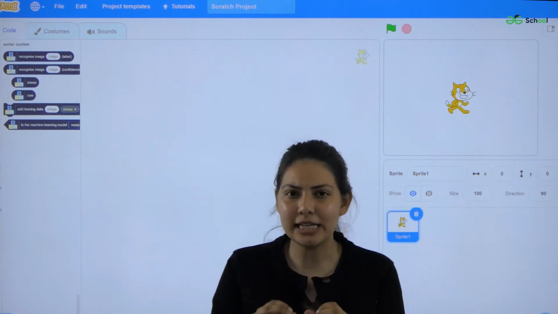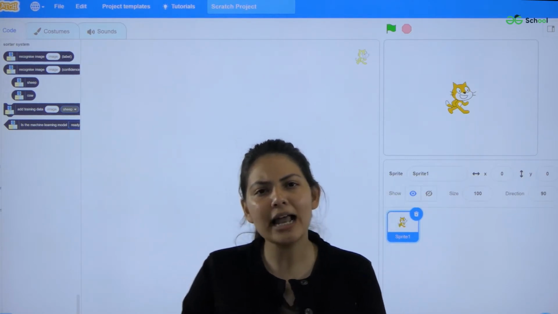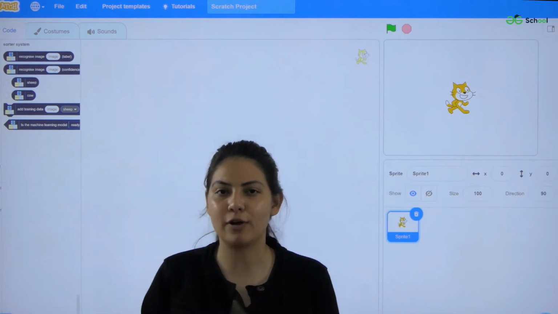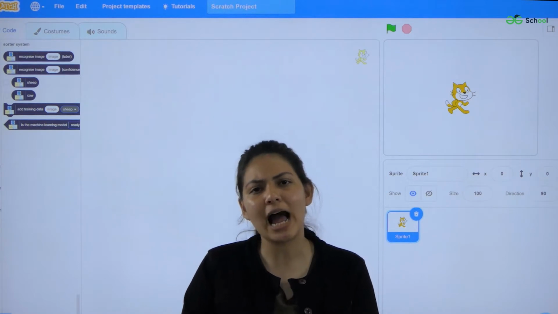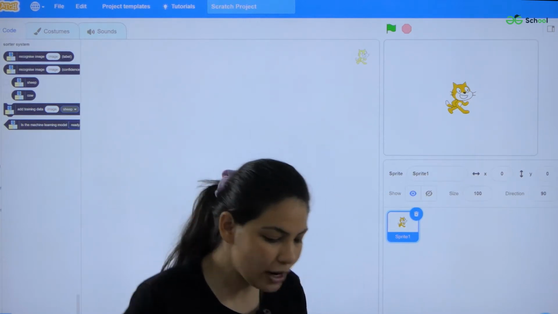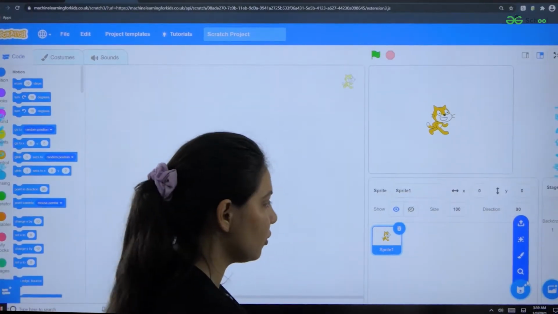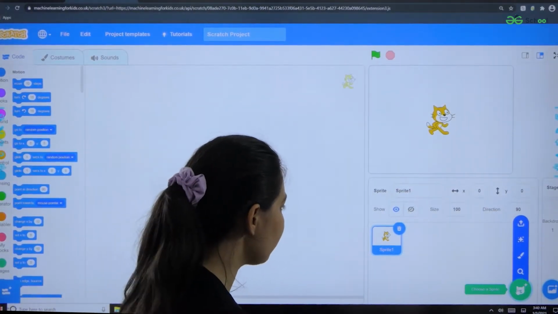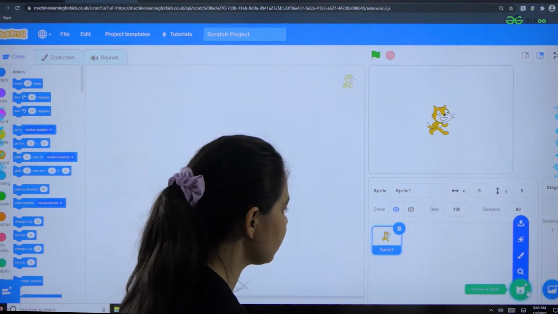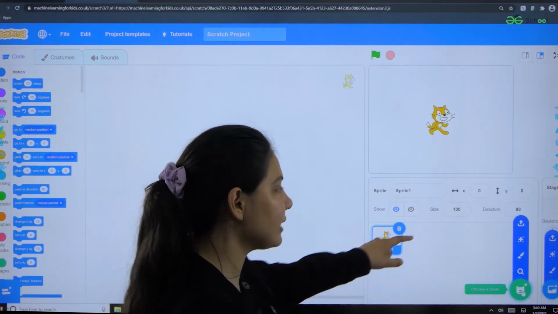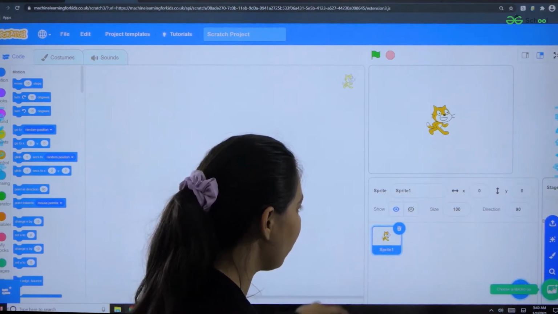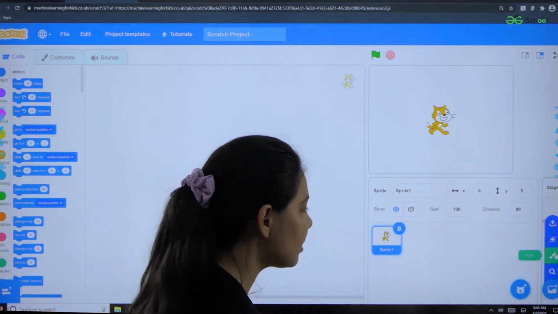But firstly, I'll upload some photos or images of cow and sheep so that I can use those images in the testing conditions. You can see an option of choose a sprite appearing here, and we will select the sprites afterwards. First, I'll create a backdrop. Choose a paint option.